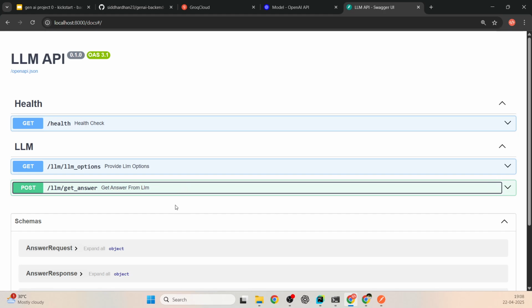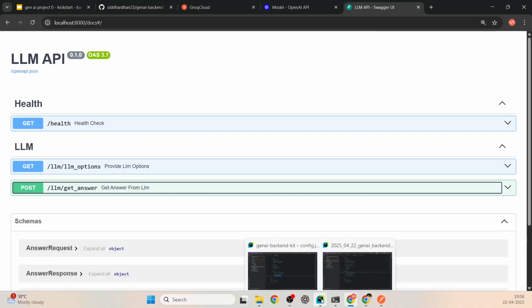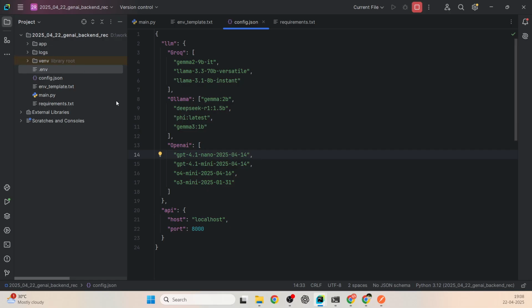Similarly, for each project we would build all these different endpoints, but the boilerplate code remains the same. So we have this app LLM configured and so on. In all those cases we can keep these LLMs configurable, right? So this is the entire purpose of this boilerplate, or what I call a generative AI backend kit, where we are going to build all our projects on this